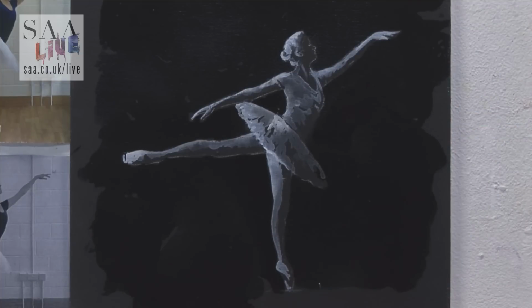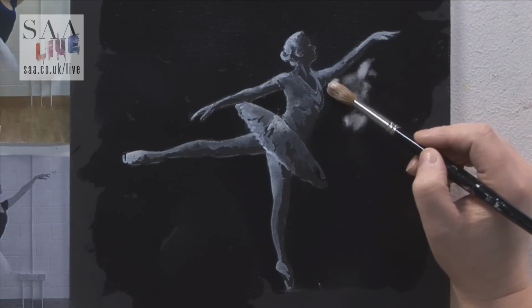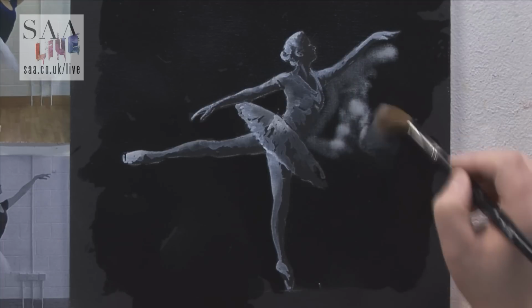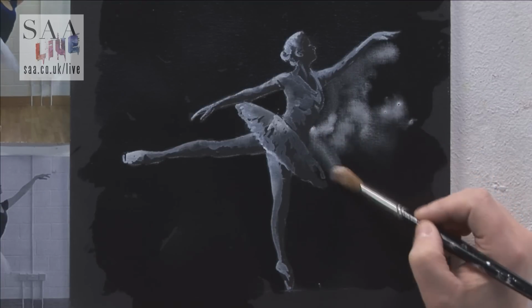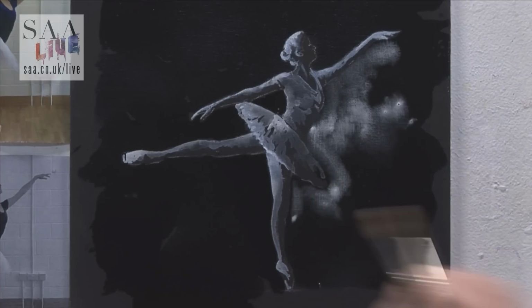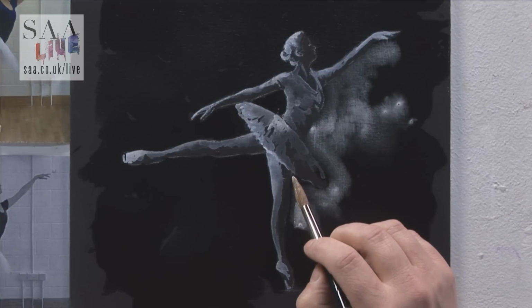Just make sure this is very wet. Now I'm just going to add the white in the background, and you can see here how it's going to bring out the shape. All those areas I left, I can now just bring them out with white. It's actually a little difficult to see under the lights because it's shining all over the place, but I'm going to...